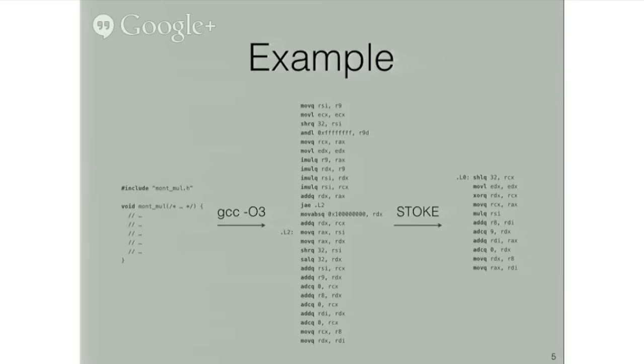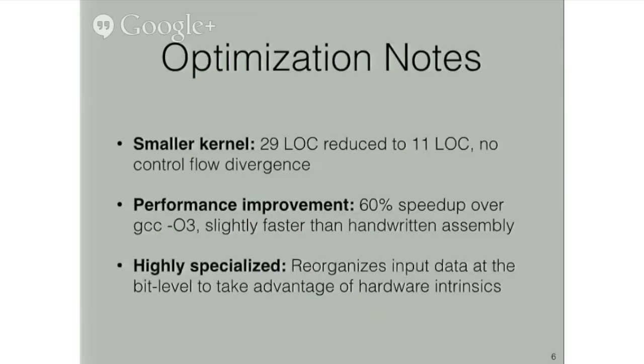And then the code on the right here was produced using a stochastic optimizer that we've built called Stoch. Maybe eyeball these 2, but please don't stare at it too hard. I'll highlight the important bits for you. They are these. The code, which was produced by Stoch, is 18 lines of assembly code shorter than the code produced by GCC. It's 60% faster, and what's really cool is that it's even slightly faster than the handwritten assembly that shipped with the library at the time we originally performed this experiment.